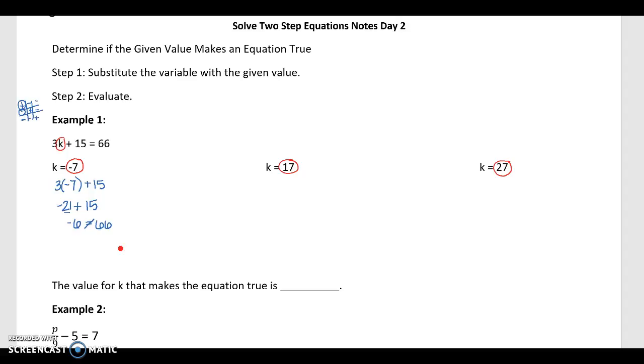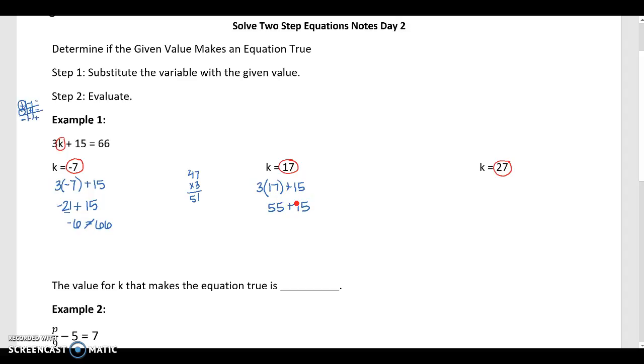All right, let's try the second one. So we want to plug in 17. So 3 times 17 plus 15. So over here, I'm going to go ahead and do 3 times 17. 3 times 7 is 21. 1 times 3 is 3 plus 2 is 5. So here I have 5